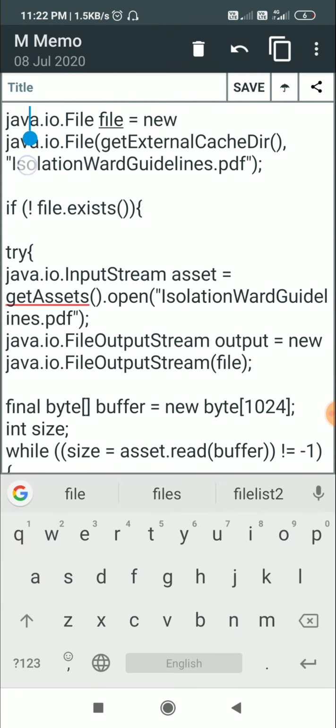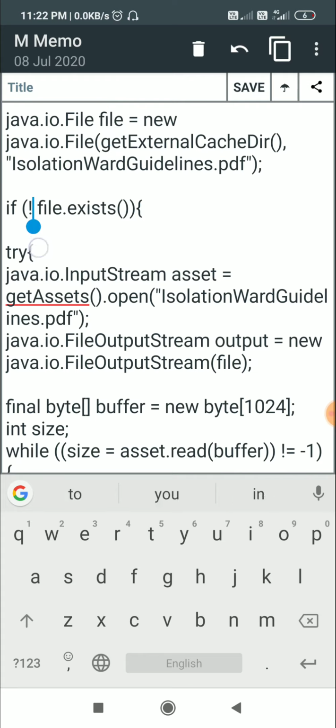So this file is the destination file. So if not file.exists, this symbol indicates not. So if the file doesn't exist, then all this code will be executed, and in the end there is this closing curly bracket for this if.